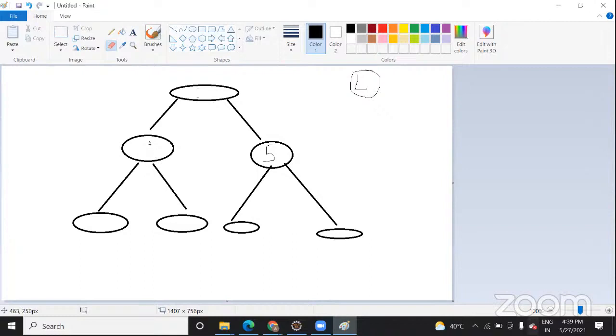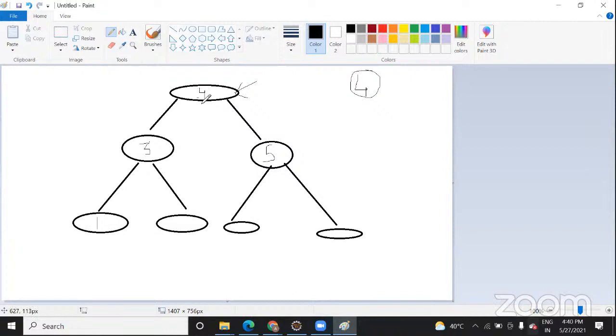I am going to show you. 4 will come here, 3 will come here, and is 1 less than 3 or greater than 3? One is less than three. Is it clear or not to you? This structure is clear? See, this is usually called a node of the tree, and they hold the data.